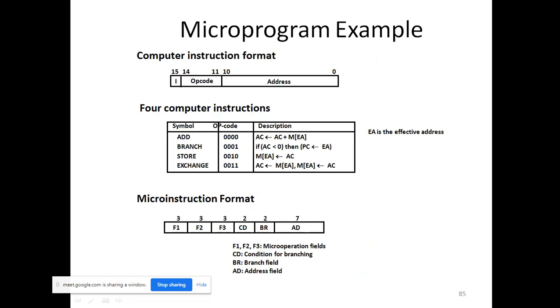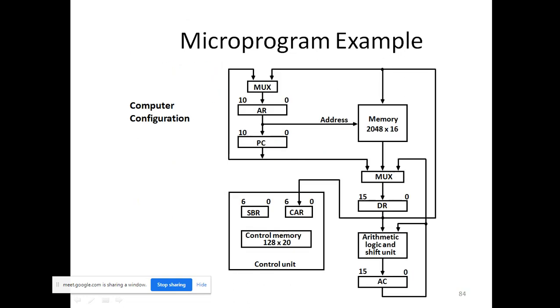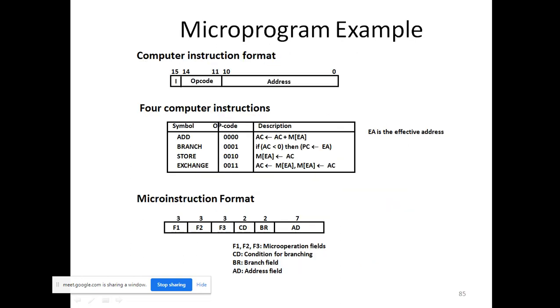So this is the computer instruction format. I think I already explained the instruction format; it is the same, but here it is somewhat changed in the address and opcode. In the previous case the opcode was 3 bits, here the opcode is 4 bits. That is the main difference. Why? Because here the memory size is different, 2048 into 16. That's why the address field is changed. The address is 11 bits, 2 power 11 equals 2048. That's why the address is 11 bits in size.